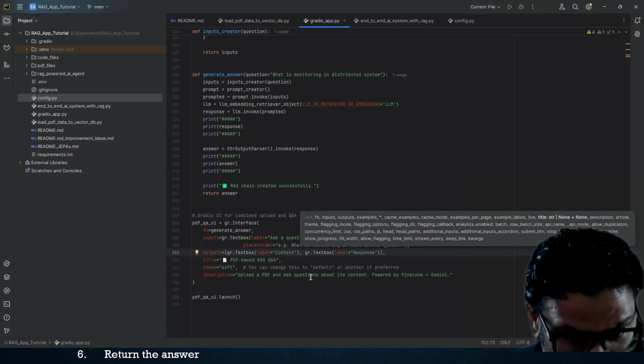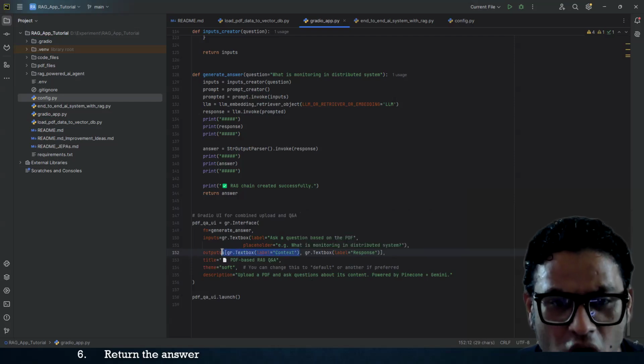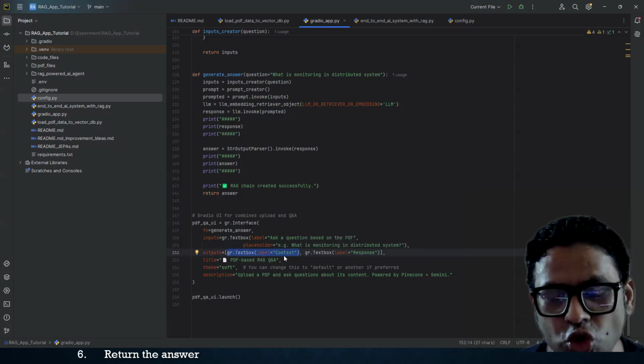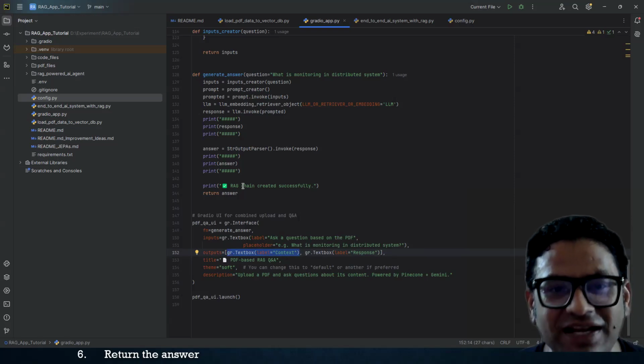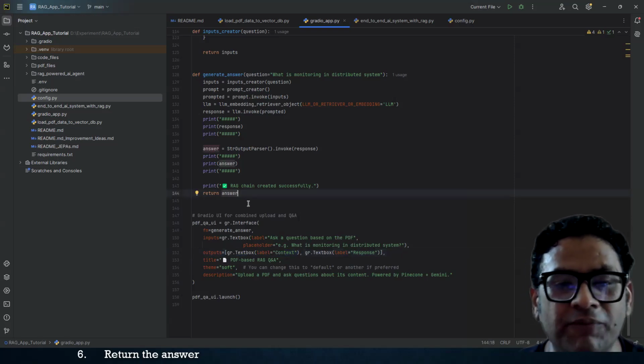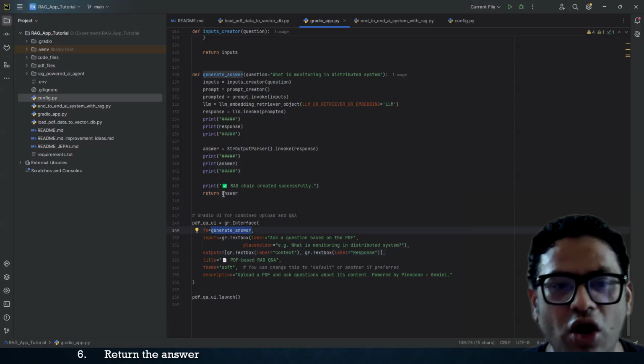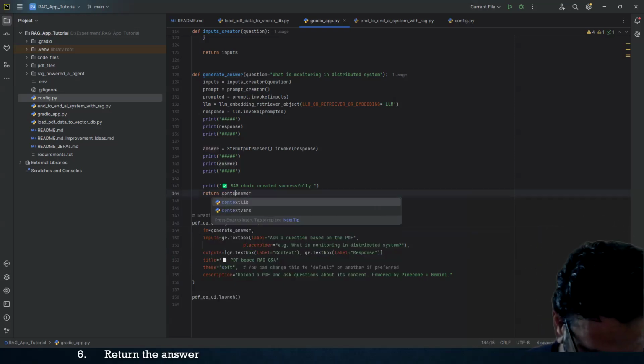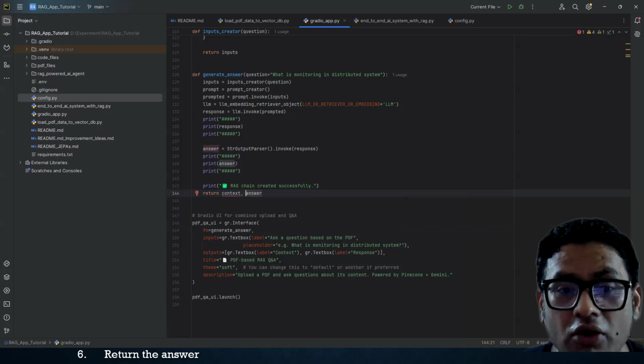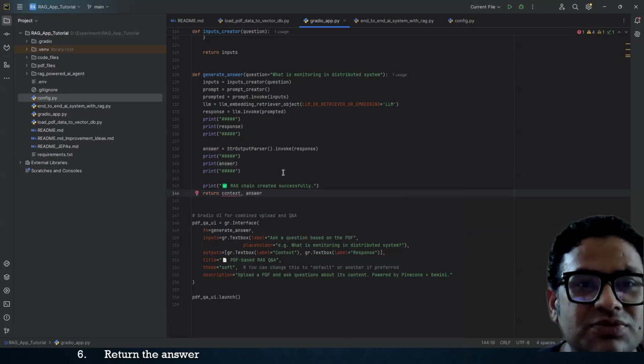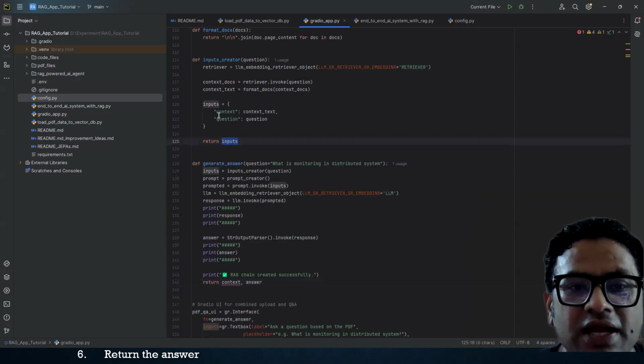Okay, so what I did, I just added another text box in our output. Now we have two text boxes, so definitely we have to return two values through our generate function. So I need a context, right? How can I get the context? Context is being stored in inputs, and inputs has this